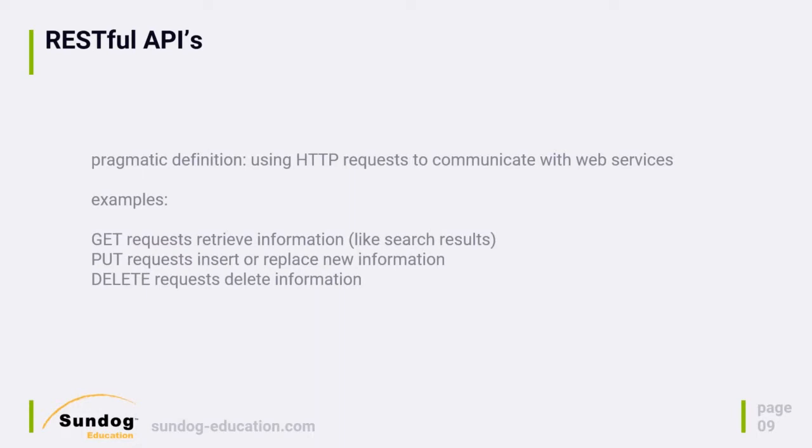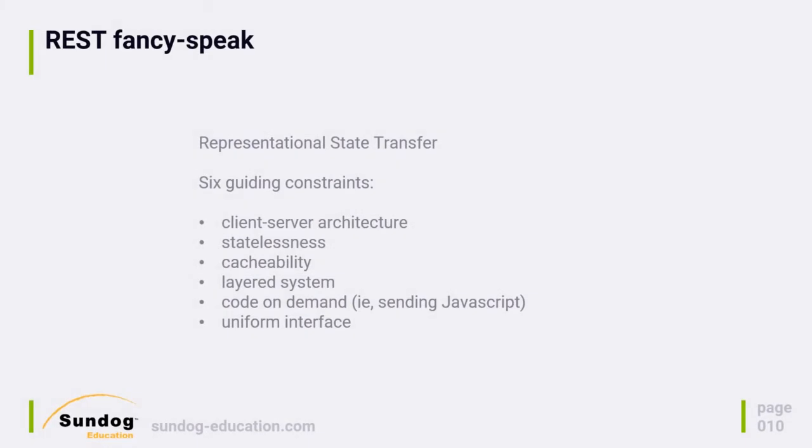If I want to insert information into it, I would send a PUT request instead, and the information that I'm inserting would be within the request body. And if I want to actually remove information from my Elasticsearch index, I would send a delete request to get rid of it. Now, like I said, there's more to REST than that, so let's get into the computer science-y